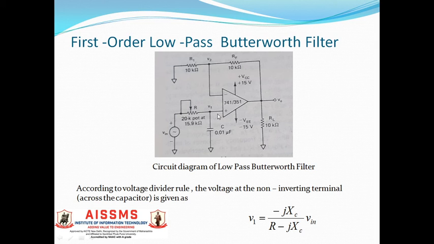Now before proceeding for the analysis, we need to find out the potential V1 at this point, right? If you see this part of the circuit, that is your V in, the resistance R and the capacitor form a voltage divider arrangement, right? So the impedance of the circuit becomes R minus jXC, right? So the current is going to be V in upon R minus jXC. We need to find out the potential across the capacitance C. So we are writing V1 will be equal to